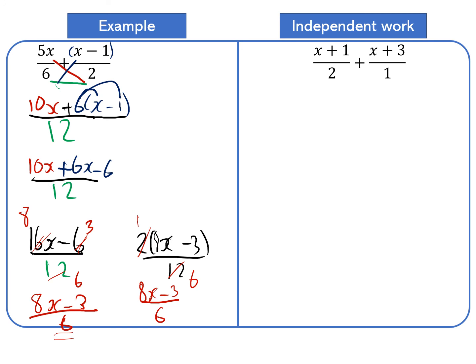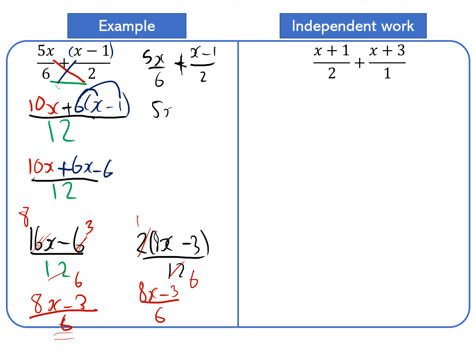More efficient sometimes in these scenarios, if you can spot it, is the lowest common multiple. Now that is more doable when we've got numbers on our denominator such as 6 and 2, or I might have 6x and 2x. Not always possible to see easily though, so just be aware. The other way of doing that is saying, hang on a sec, both of those go into 6, 2 and 6 both go into 6. So I could have actually done,